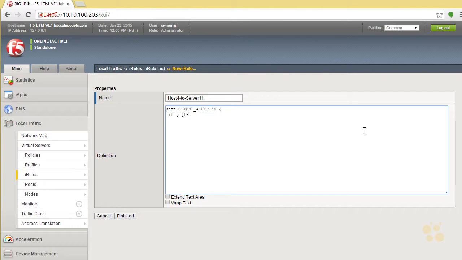Okay? So IP::addr, and then inside of it, the remote address, equals. Now, what were our client's IP addresses again? Yeah, so those were all 192.168.201, and host 4 should be .4. Okay, so we have that, close the bracket, open the bracket,